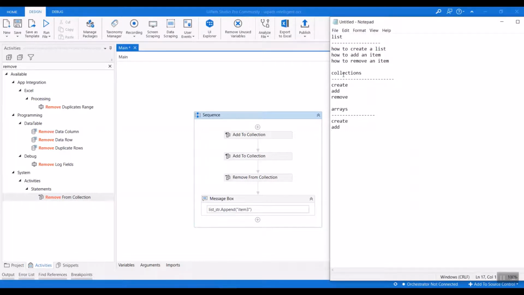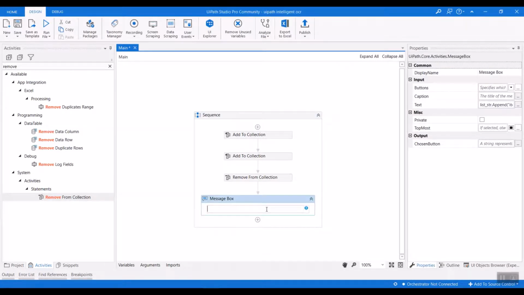So now you know how to create a list, how to add an item. For this we have 2 ways, like you can use the activity add to collection, or you can just use the .NET way. And how to remove an item. For this also we have an activity, remove from collection, and we even have a remove method. That .NET method I will show you here.